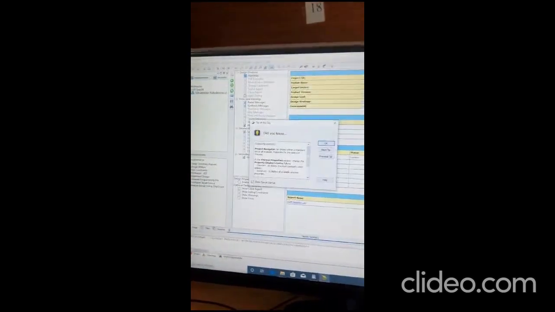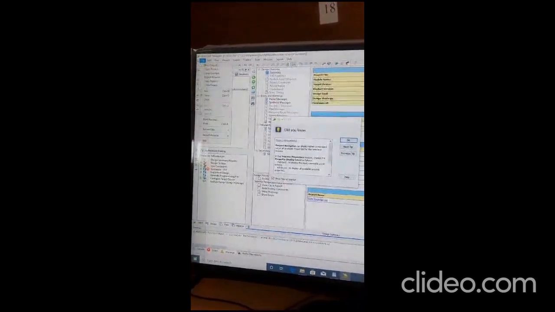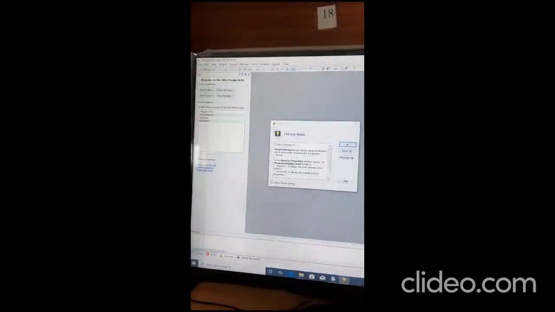Now let us see how to execute the program in ISE design suite. Double click on ISE design suite. Okay, a window will be opened. If you have any previously opened projects, go to file, close all the projects, then go to file, new project,